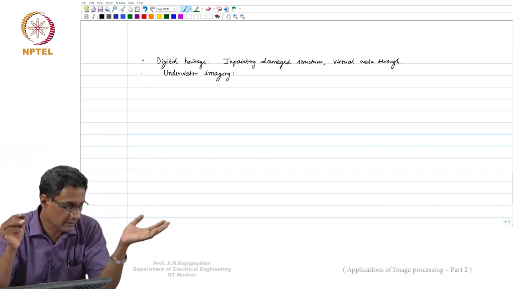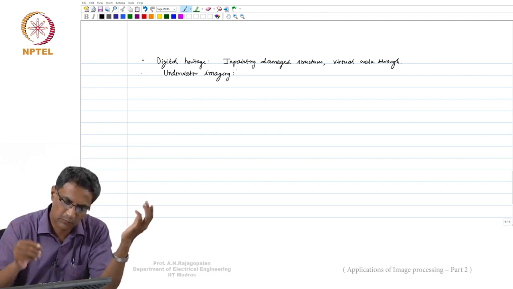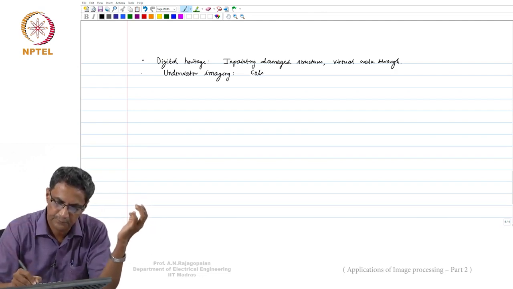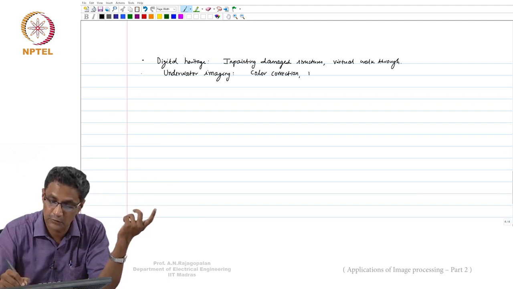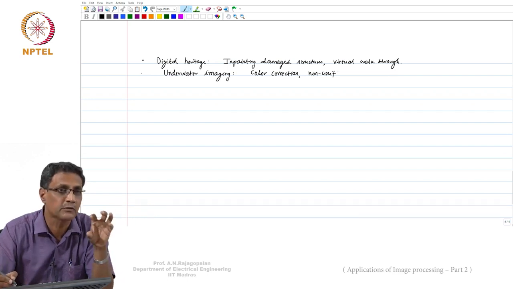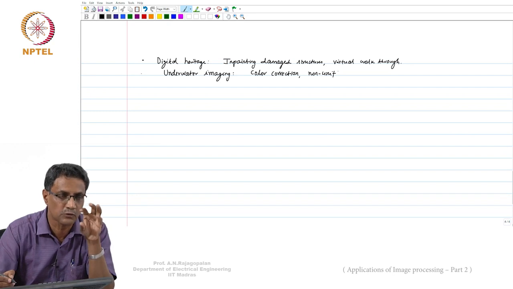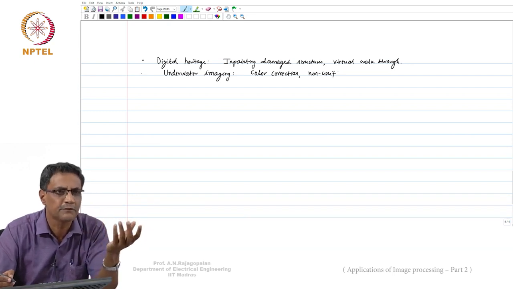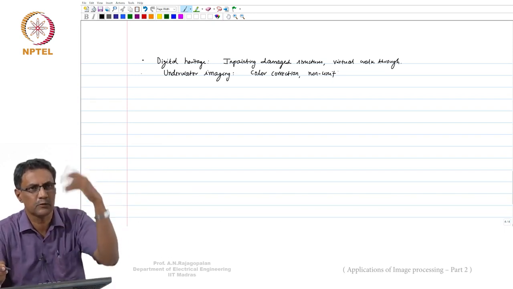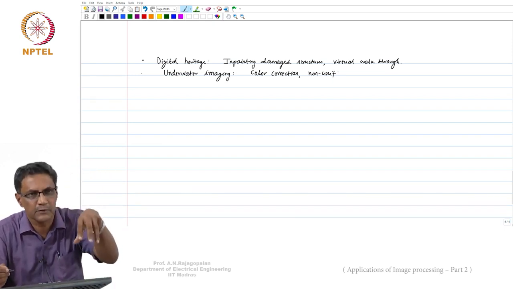And therefore, in underwater imaging, people try to use color correction algorithms and non-uniform illumination handling. So many things. That's important because you have a light source. Typically, as you go underwater, after about a few tens of feet, the sunlight won't even come in.